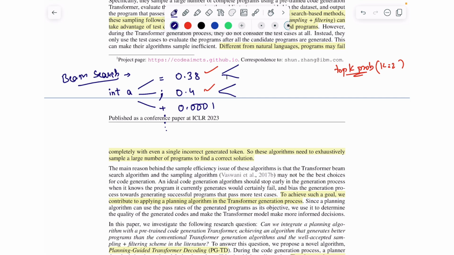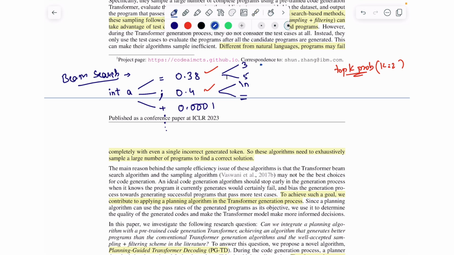For example, we will expand each of these twice. Let's say whatever the probability, for equal to it comes out to be 0.3 or 0.5. And in the case of semicolon, it will generate \n, and let's say after that it generates another equal to. So now again we will calculate the probabilities of these partial generations, and so on and so forth. For all 4 of these, we will calculate the probabilities, and let's say the probabilities come out to be